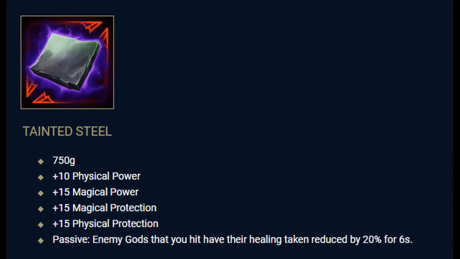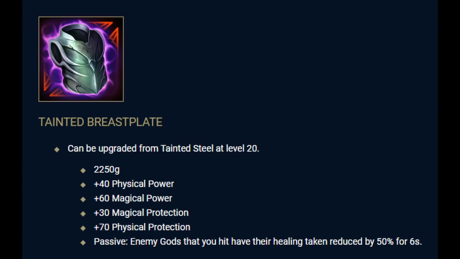Last but not least, there's Tainted Steel, which is not assigned to a specific role. This comes with a little bit of offensive and defensive stats and gives you 20% anti-heal to enemies if you hit them for 6 seconds from the start of the game, so very early anti-heal option. The first upgrade is Tainted Breastplate, which has a mix of protections and power as well, and enemy guards that are hit by you have their healing reduced by 50% for 6 seconds, which since all the changes should actually be